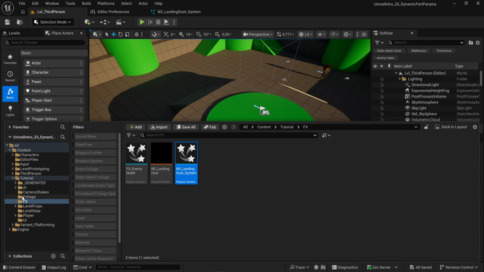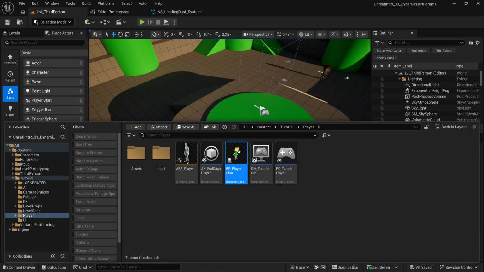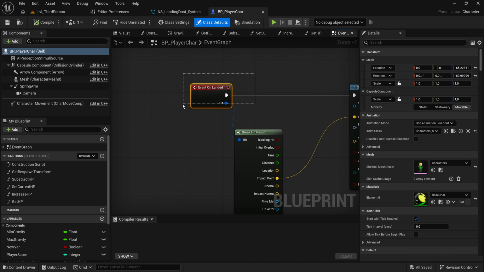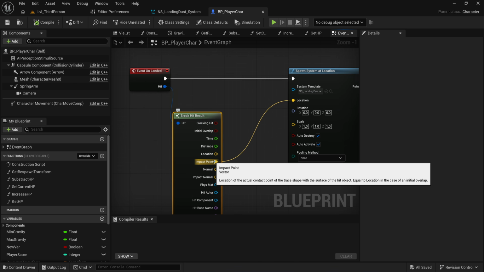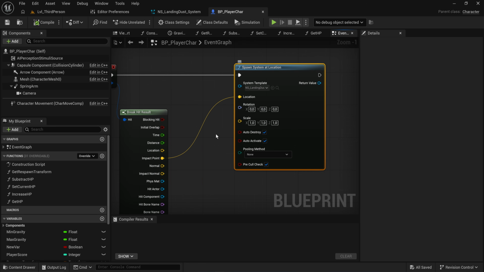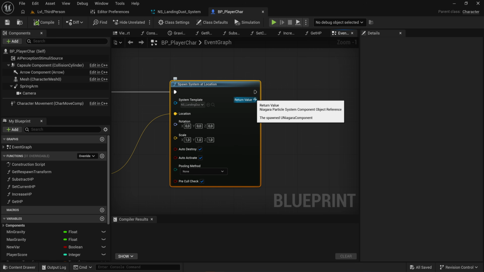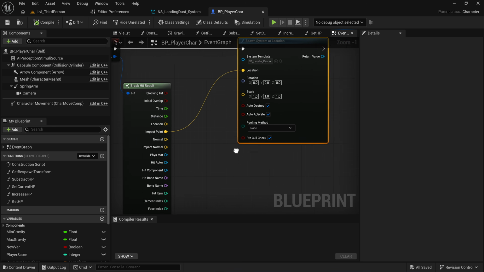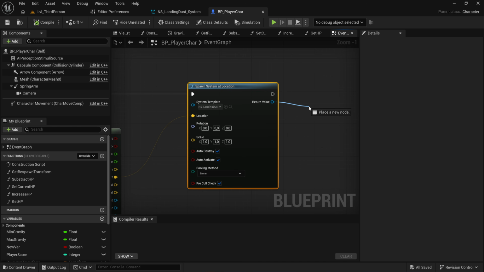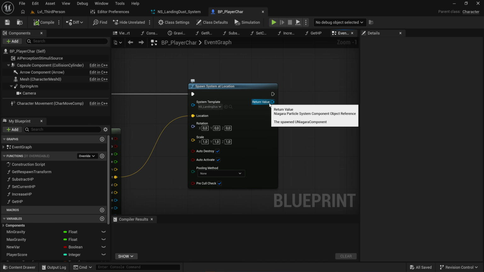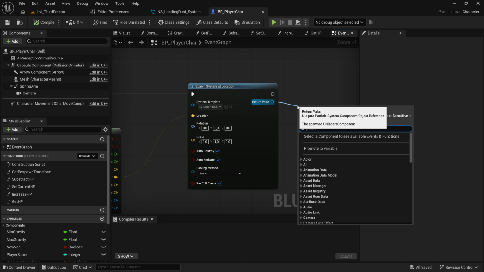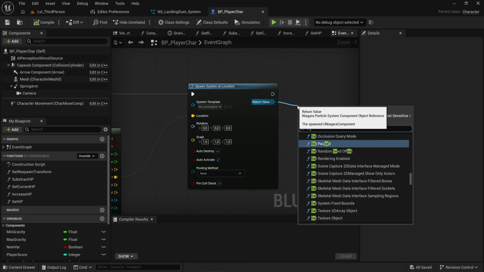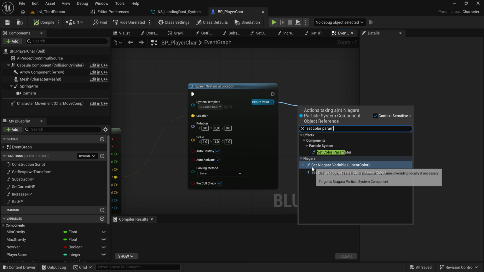And we're already spawning this thing in based on the player landing. When we land on anything, we use the hit result with the impact point to spawn the system there. That's what all of this has been doing so far. But now we want to set the color parameter that we just created, the dust color, based on some stuff. Relatively easy to do. We can just use the reference to the Niagara system that was just created when we spawned this in. And then we can set a color parameter,